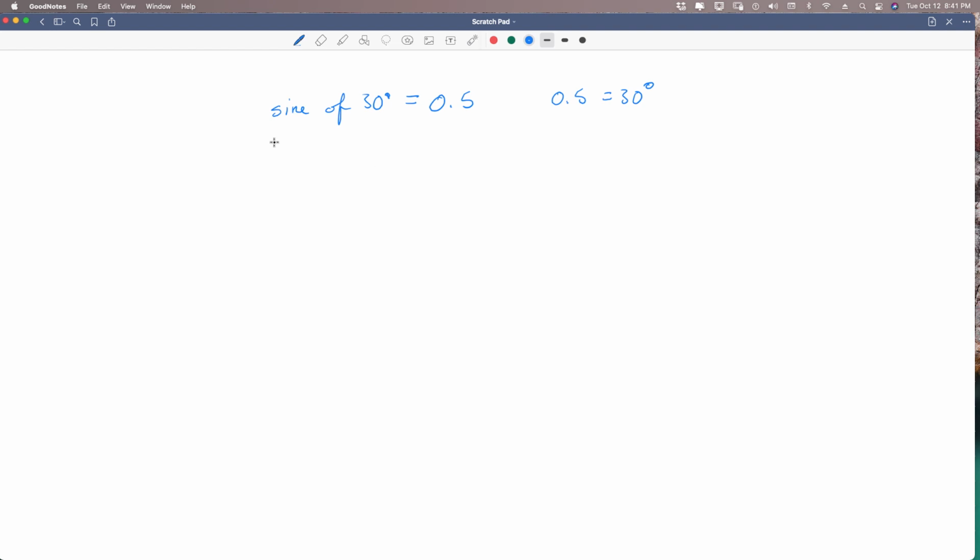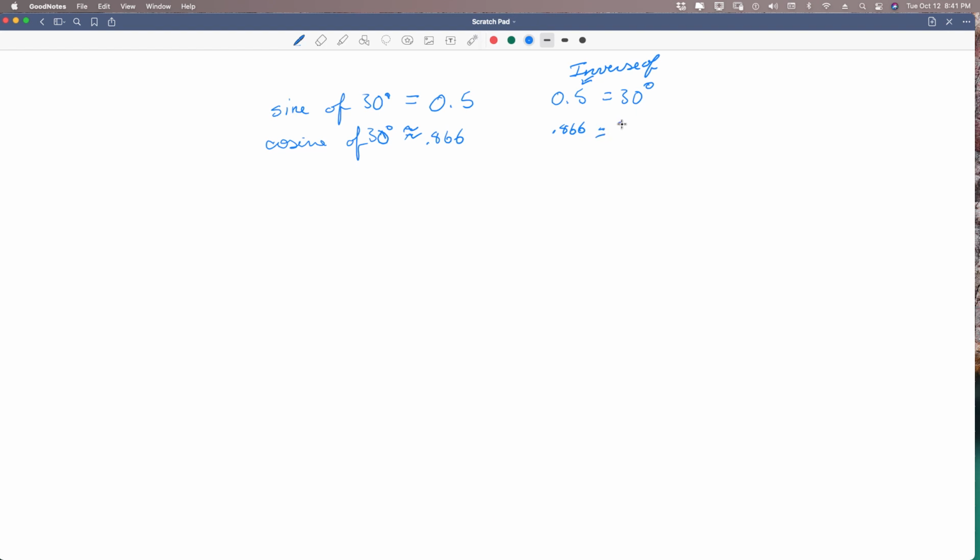The cosine of 30 degrees is approximately 0.866. So the inverse cosine of 0.866